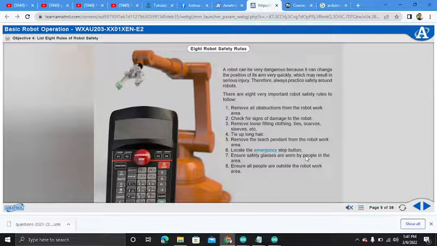Sixth, locate the emergency stop button. Seventh, ensure safety glasses are worn by people in the area. Eighth, ensure all people are outside the robot work area. So these 8